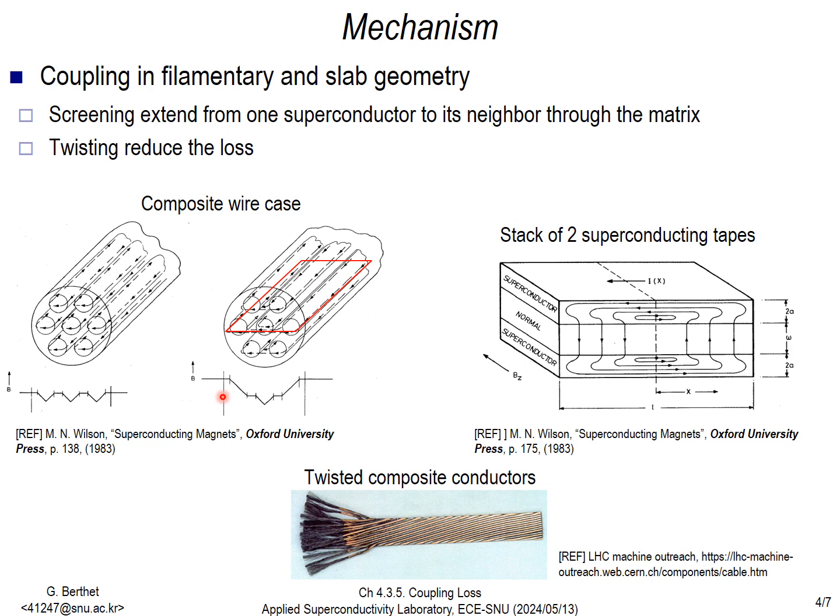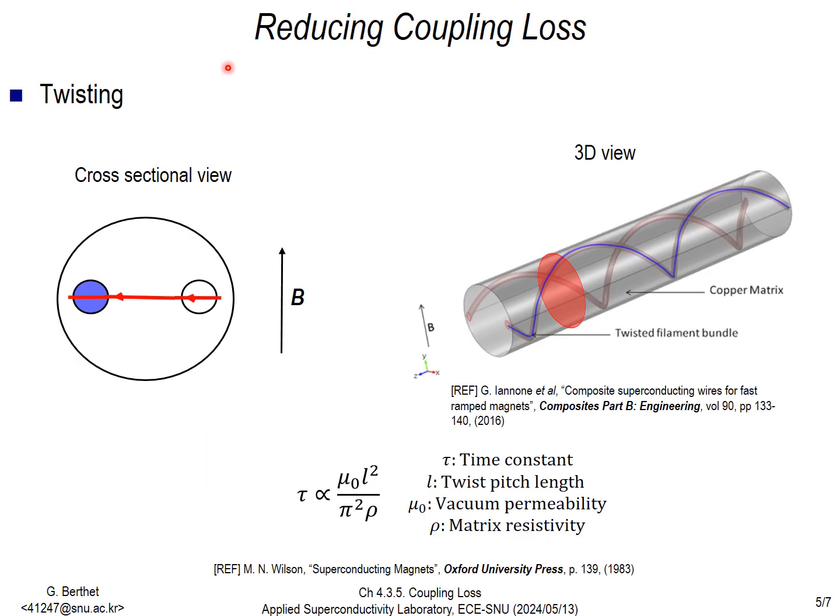However, the characteristic time for the decay can be very long, ranging from hours if the matrix resistivity is high to years. In the same way, stacked superconducting tapes can get coupled, though they tend to be coupled when a change in magnetic field happens in the winding direction. To prevent coupling loss and reduce the decay characteristic time, the wires are twisted as shown in the picture at the bottom. This reduces coupling losses since every half turn, the wire or tape feels a changing magnetic field in